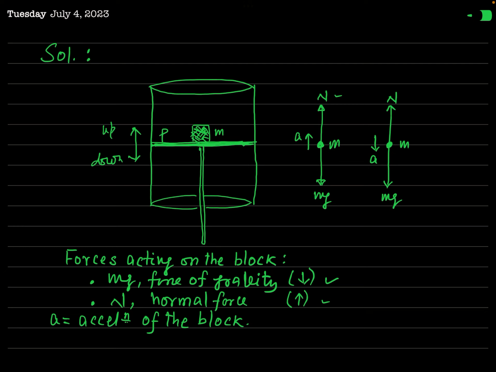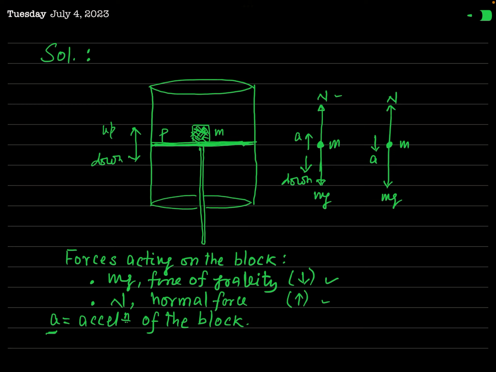Now the block is performing simple harmonic motion in this vertical plane, and we consider that its acceleration is a. You know, during simple harmonic motion, acceleration is not constant. So this a is the acceleration at any instant. This is not constant. Okay. And let us see, if this block will move in a downward direction, then the displacement will be in downward direction, and so acceleration will be in